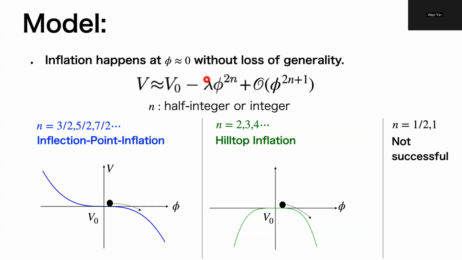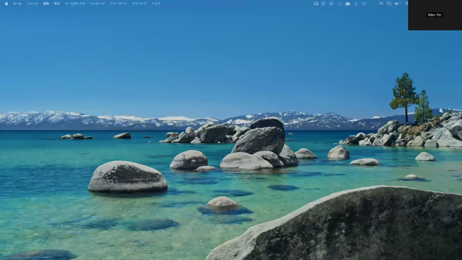Here I consider the coefficient of this term to be negative, so that phi goes down rather than going in the positive direction. Here we consider two kinds of cases: n is half integer or integer. When n is half integer, the potential shape is